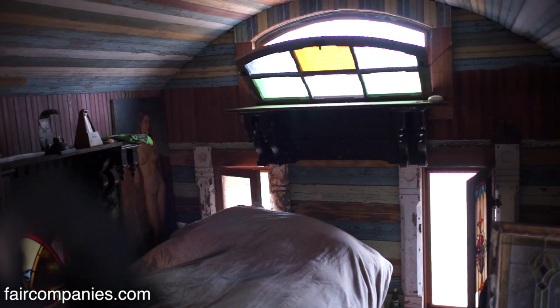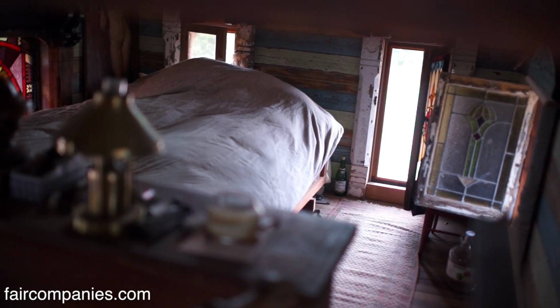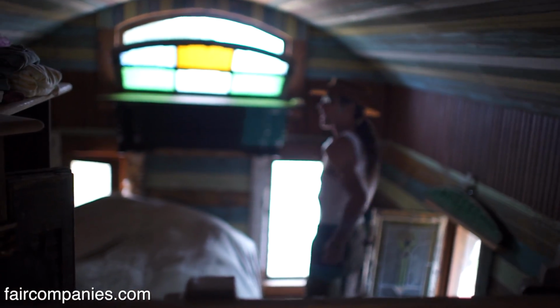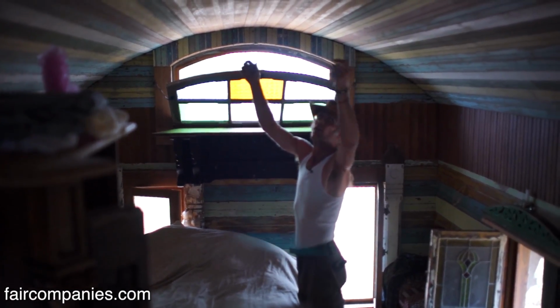I built it so that I could raise it up to the ceiling if I wanted to on pulleys, but it became obvious that I didn't need to do that, and it ate up too much space being in the center. My houses represent the seedlings that I offer to show people that out of what it would be trash. How many tiny houses have you been in like this? I can do my qigong in the morning